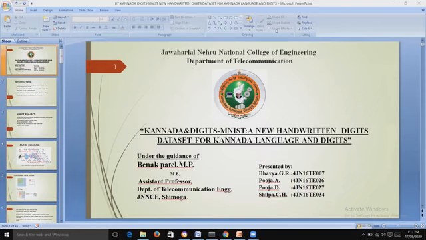The applications are handwritten digit and character recognition, signature verification, mail sorting and document reading, postal address recognition, bank automation, passport readers, and automatic license plate recognition.